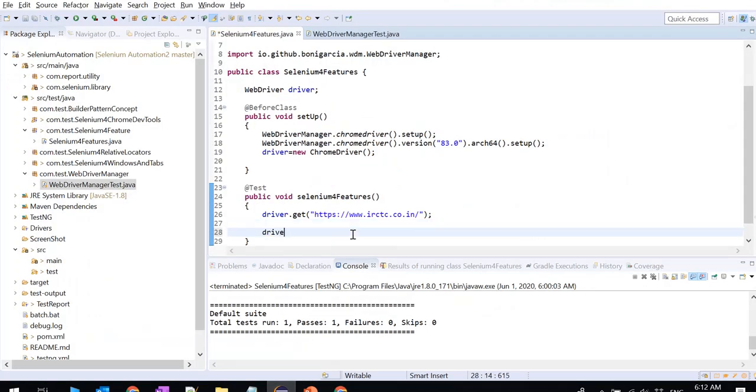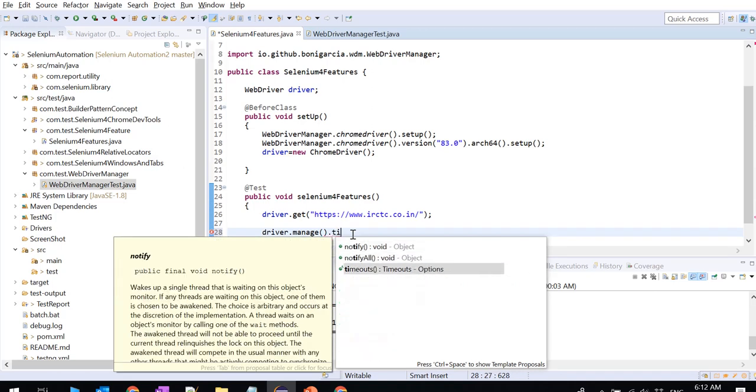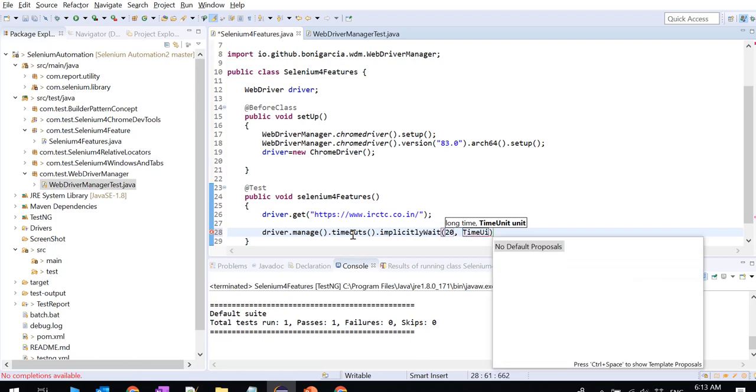I'll say driver.manage().timeouts().implicitlyWait, let me set some wait as well, with time units.